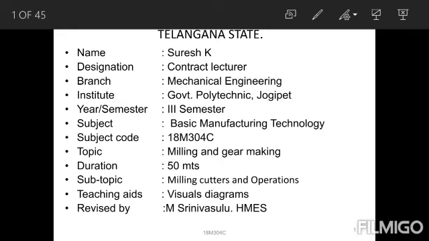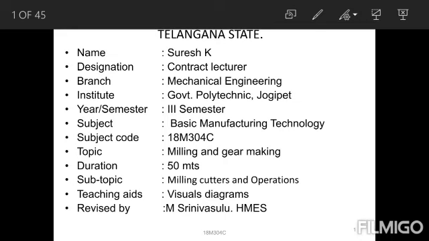Mainly, cutters are used for making different types of operations. In milling, based on the number of cutters, different shapes of workpieces can be produced. In this connection, we have types of milling cutters: plain milling cutters, light duty plain milling cutters, heavy duty milling cutters, and helical plain milling cutters. In the last class, we also covered side milling cutters, half side milling cutters, staggered teeth, and interlocking.